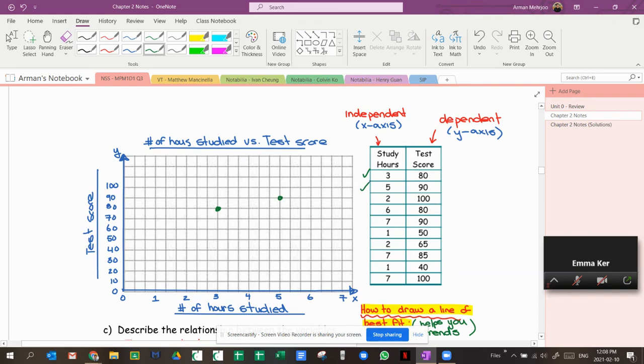Check mark. 2 and 100. Check mark. 6 and 80. Check mark. 7 and 90. Check. 1 hour and 50%. 2 and 65. Now, if you need a refresher on graphing points, make sure you see the previous video about